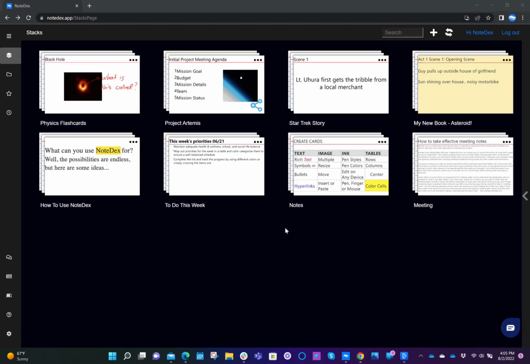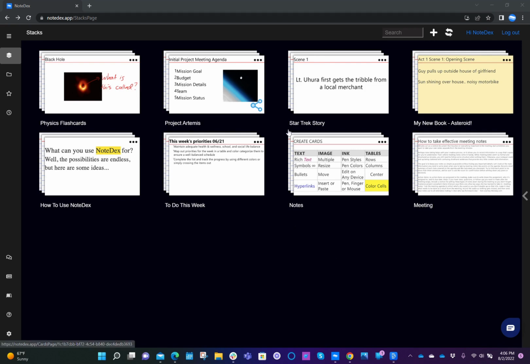In this next video, I'm going to show you how you can organize, filter, and search for information that you stored in NoteDecks. Before we get going, I just want to show you two areas of NoteDecks just in case you haven't seen them yet. The first is when you are in a card, there is a slider view.